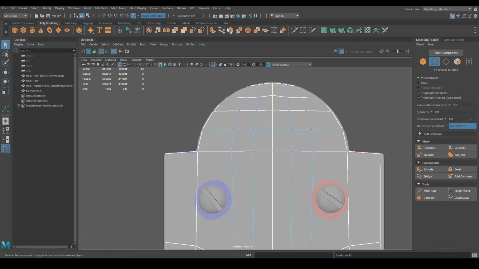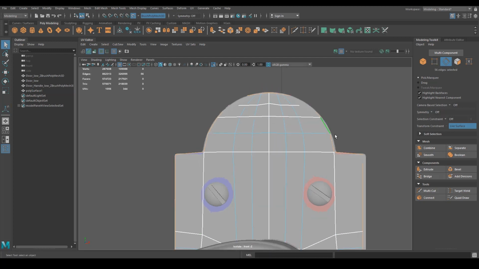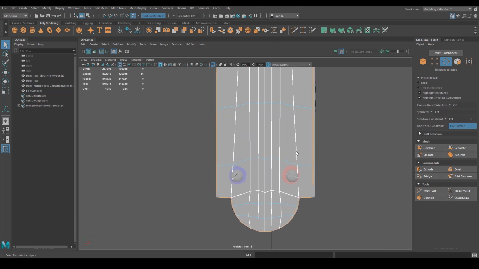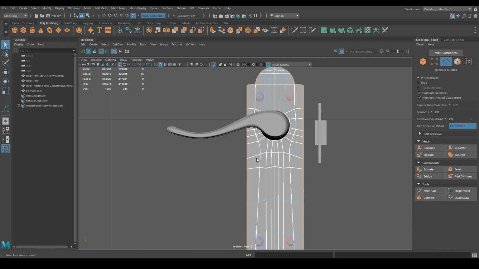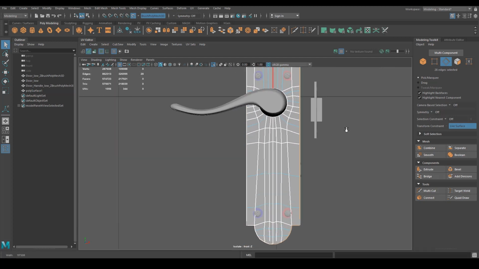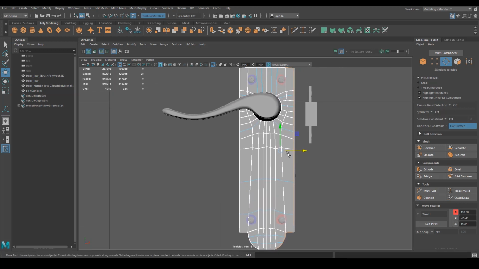Let's do it again, merge, and instead of 1, maybe 0.5, and that will merge all of them. And then I can double click this edge, and now it's selected all of the outer edge. You can see it's not quite as straight as I'd probably like it, so I'm just going to deselect half, and just shimmy this bit over a little bit, and then select that outer edge and press Ctrl E, then